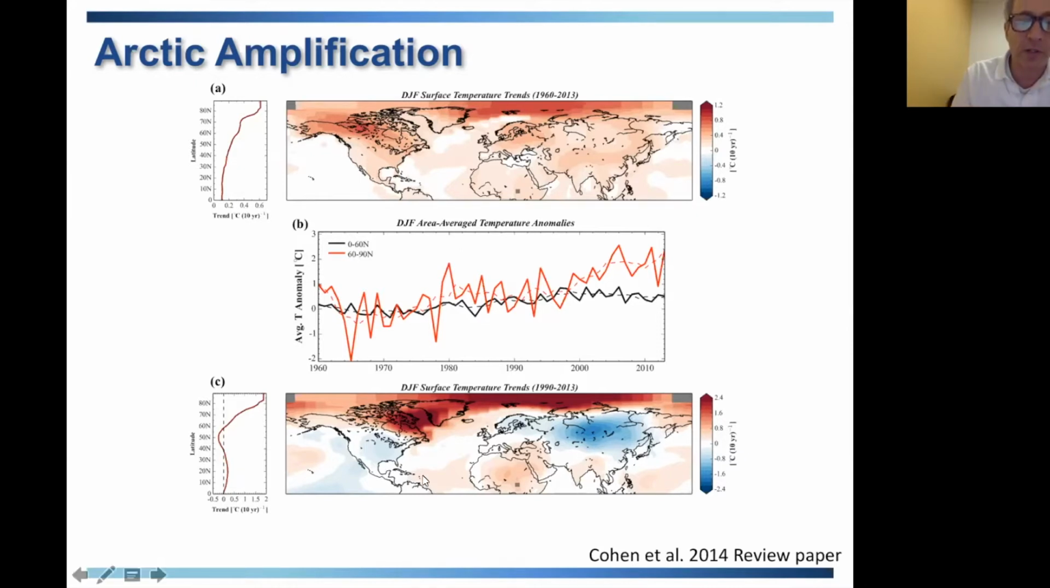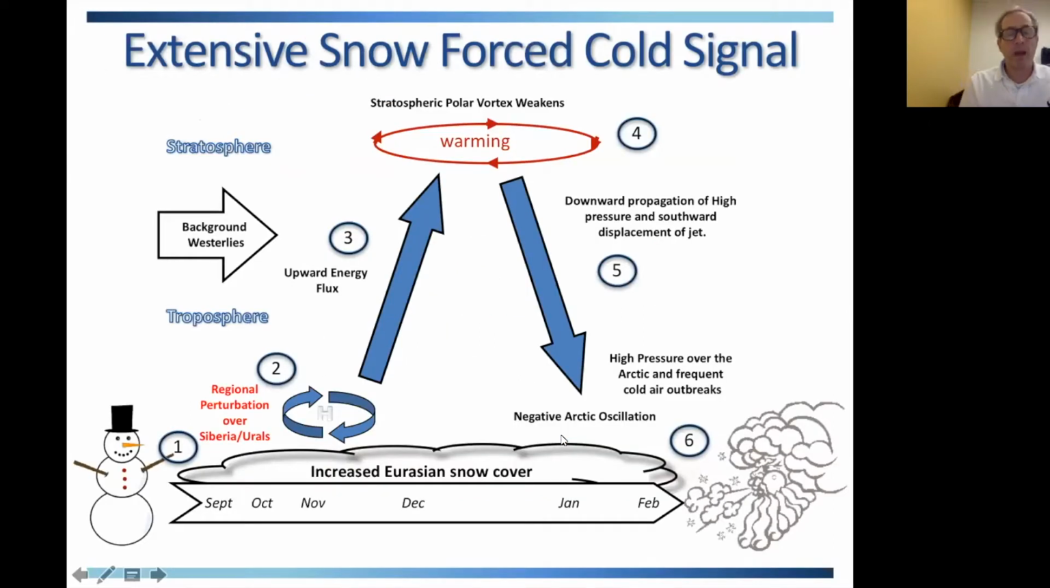So are they coupled? This was not predicted by the models, this cooling in the mid-latitudes. So is there some kind of coupling going on between the Arctic and the mid-latitudes? I talked about different mechanisms, but the idea that was considered most